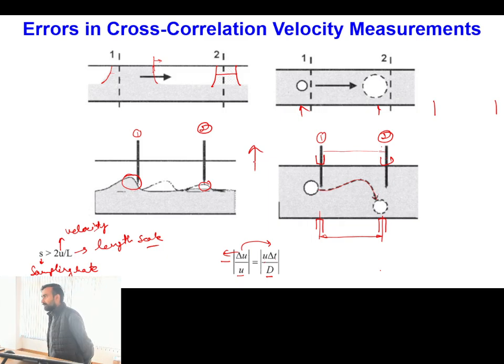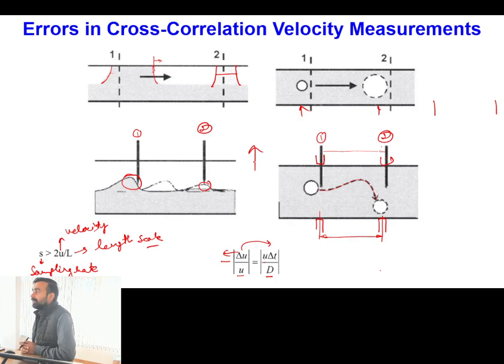So it means that from mathematical analysis we get one constraint, that if the distance between the probes is small, then uncertainty in velocity measurement will be more. But from physical configuration we get another constraint, that if the probes are placed very large distance from each other, then